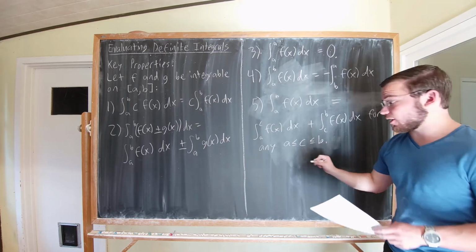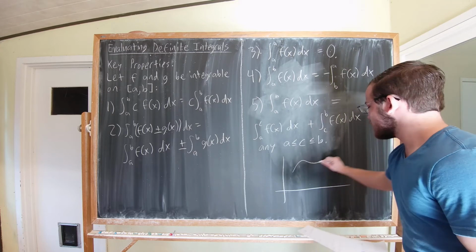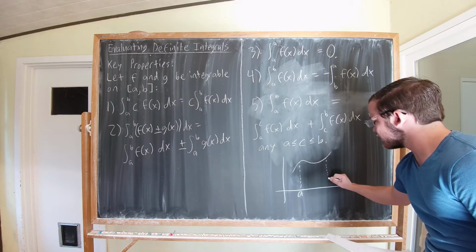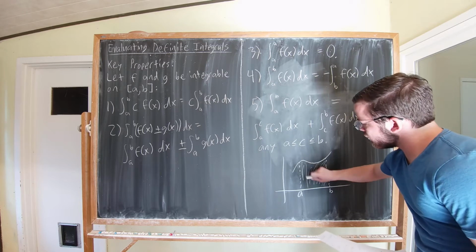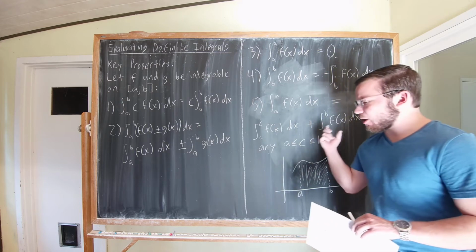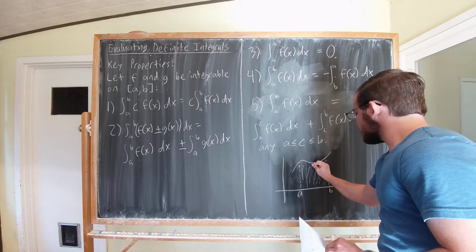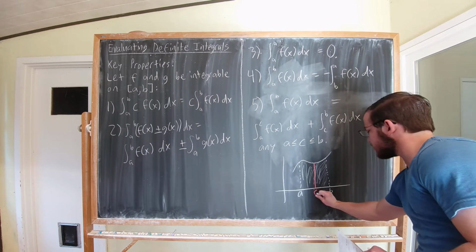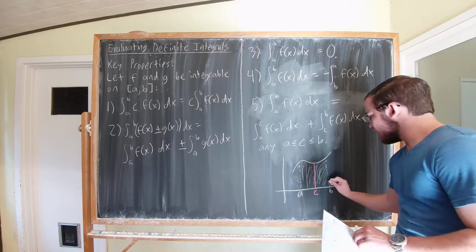And our picture for what's going on here is saying, well, let's think of it again as area under the curve. We have our function f going between a and b, and we're trying to find this shaded area right there. That's what the integral is trying to measure. But what this property is saying is, hey, if you want, you can always split the integral at some point c, and the entire area under the curve is the same